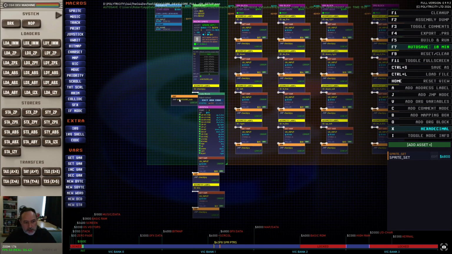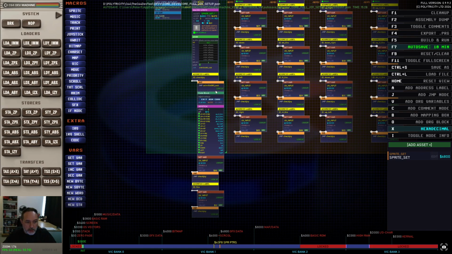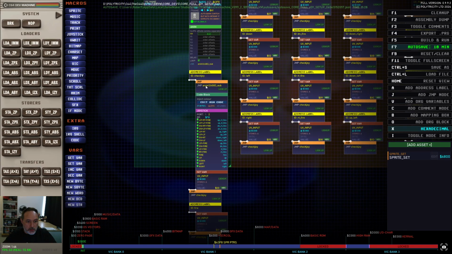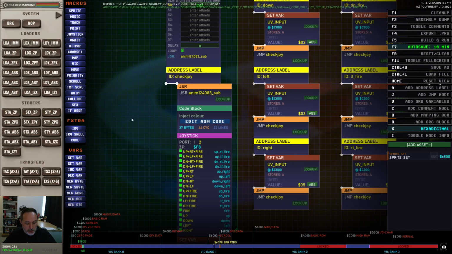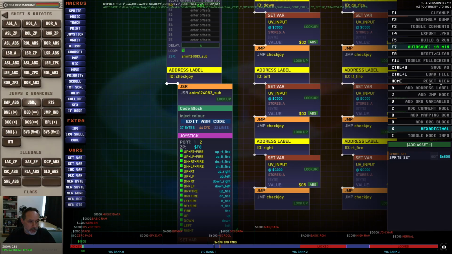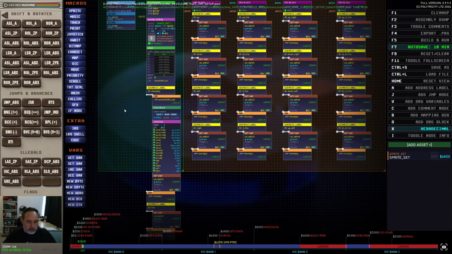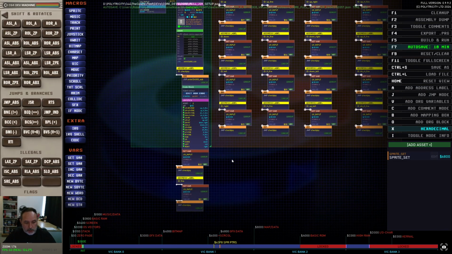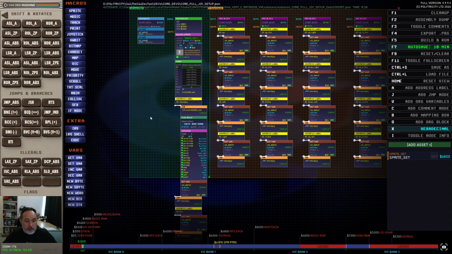But I've not really stress tested it, but that would now go into here, I guess, and it's not a jump, it's a JSR, so just make sure you press J on that to change it to a JSR. So J gives you a jump, but if you press J on it, it gives you the JSR. You can obviously use the table here. These were just shortcuts that I wanted to make, so you can do it that way, right? It just doesn't say call there, it's just a little niggle because of the way I'd set up the shortcut key. Right, so now, if I press F5, I should see a sprite,